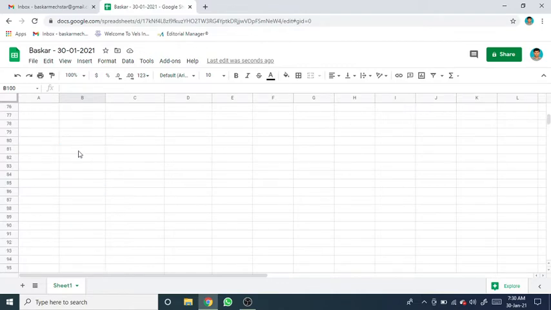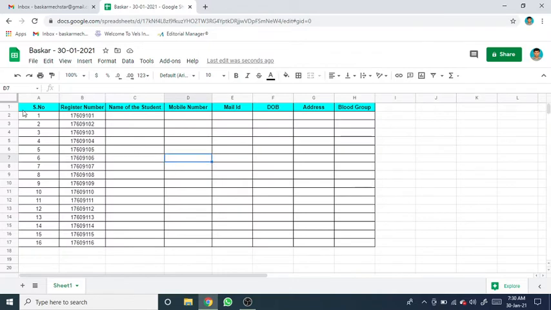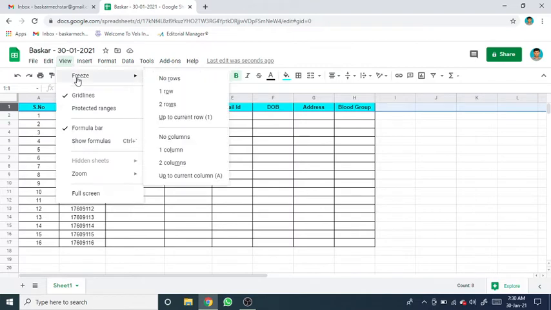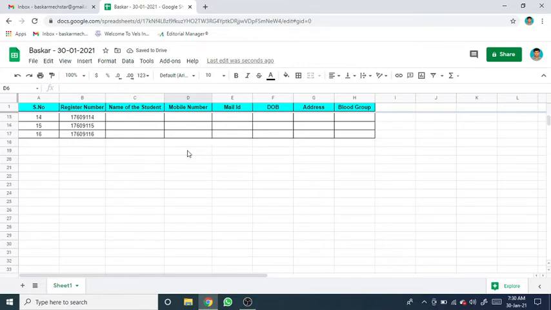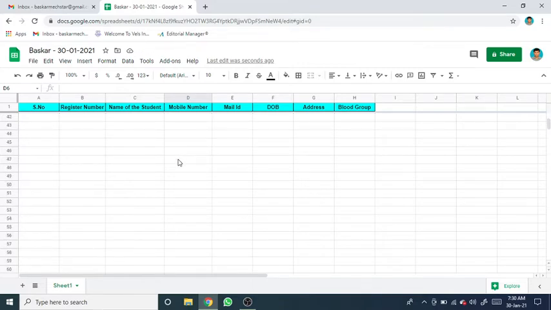If you want to see the heading, just click the first row, then go to view. In that view, the freeze option is there. If you click the freeze option, you choose how many rows you want to fix. Mostly one or two rows only are allowed, so I am going to click only one row. That's all. If you move your spreadsheet into n number of rows, for example 100 or 200 or 150, the heading will stay there. So if you do like that, we can easily identify.